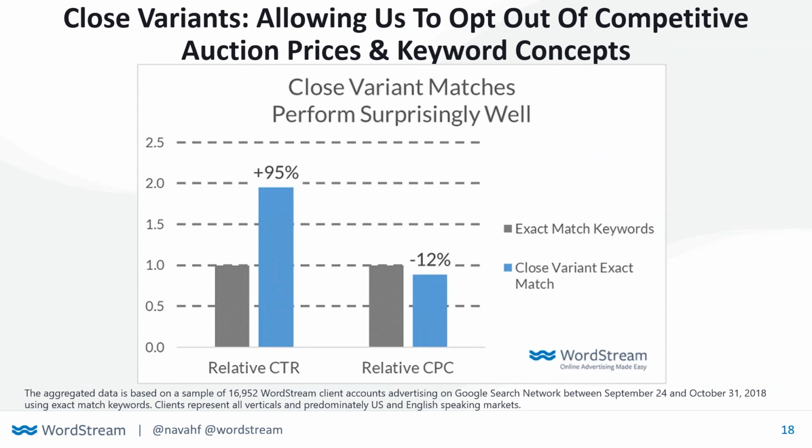But what we found is that folks that leverage close variants actually have better click-through rate and cheaper cost per clicks. Because by the nature of how variants work, it's not matching you to a thing because Google or Bing are evil. It's matching you because there's the potential for net new queries. 15% of all queries completed are unique. There's no possible way you could account for them all.